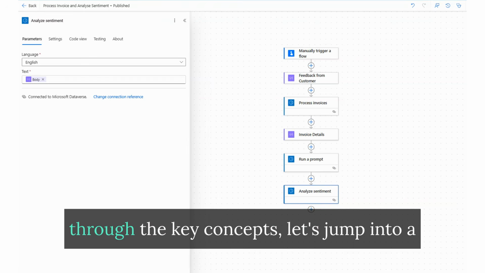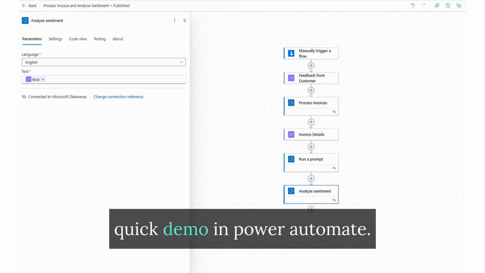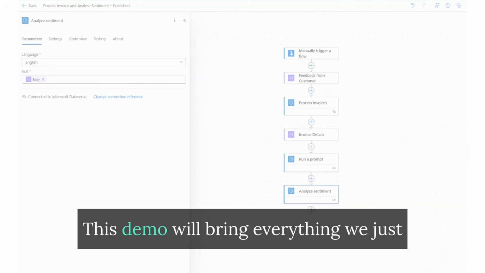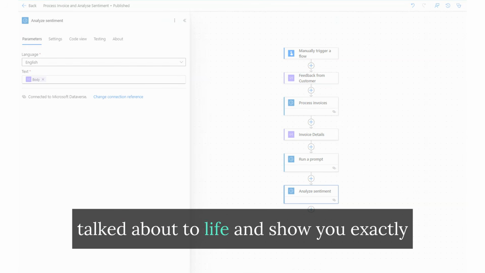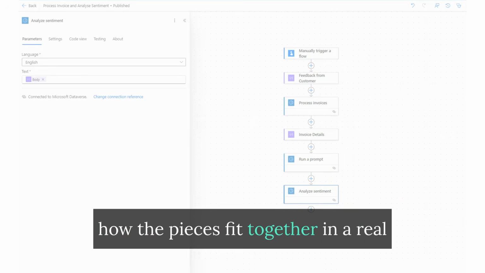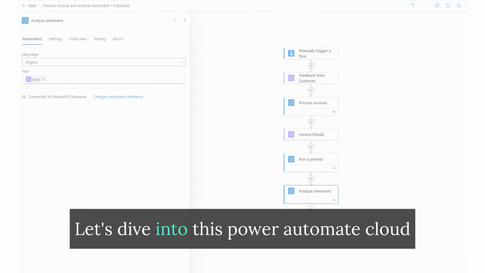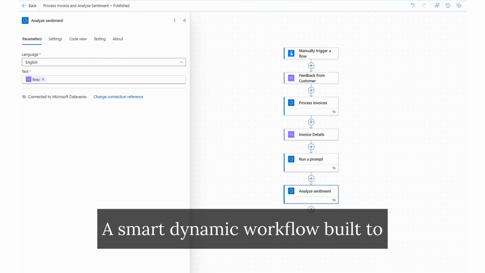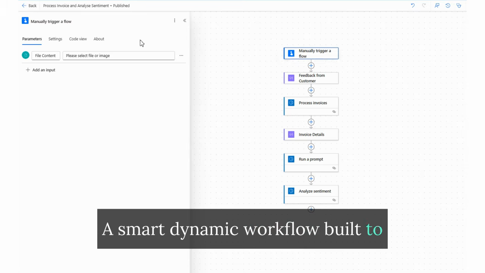Alright, so now that we've walked through the key concepts, let's jump into a quick demo in Power Automate. This demo will bring everything we just talked about to life and show you exactly how the pieces fit together in a real workflow. Let's dive into this Power Automate Cloud Flow, a smart, dynamic workflow built to automate customer